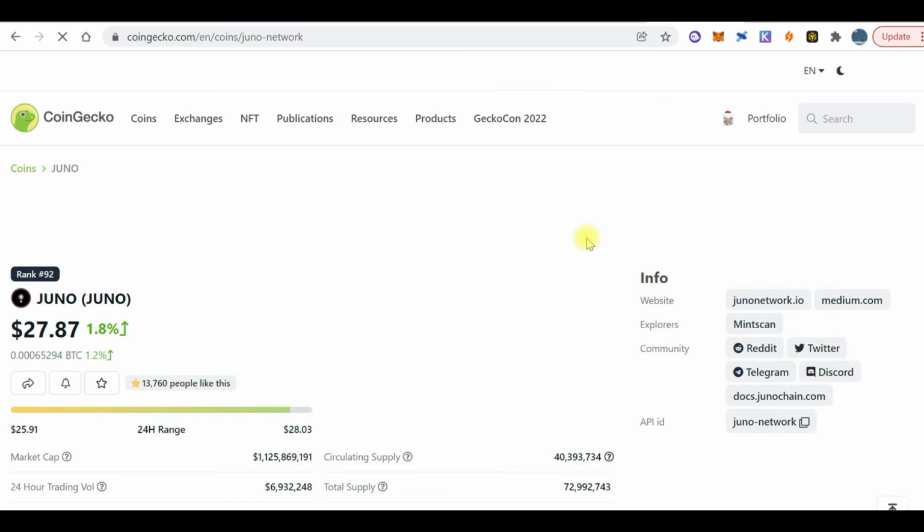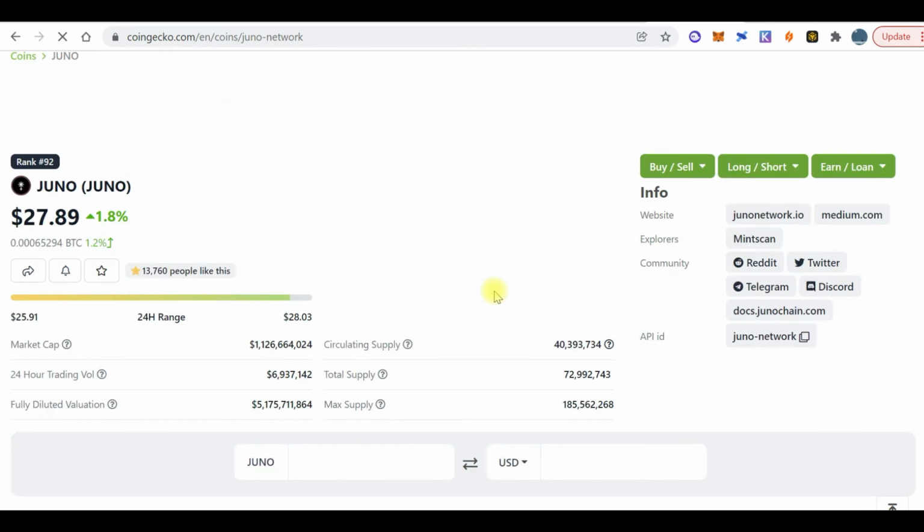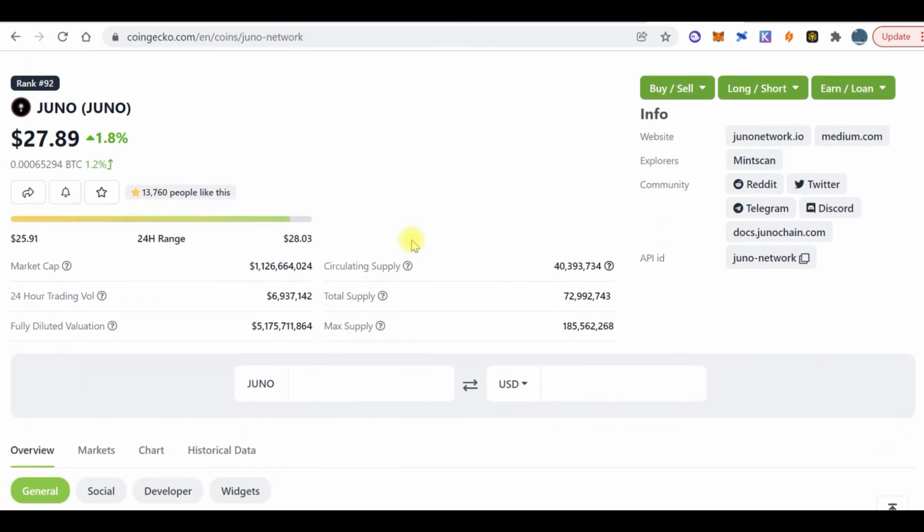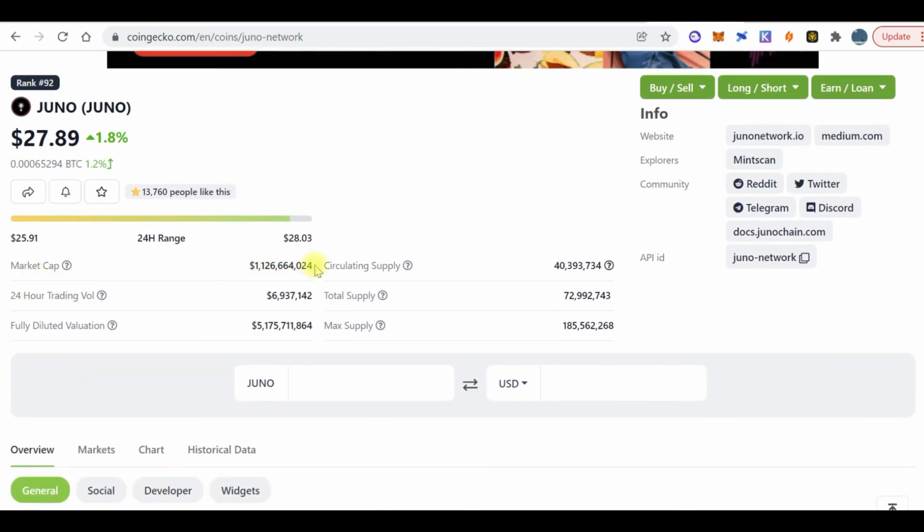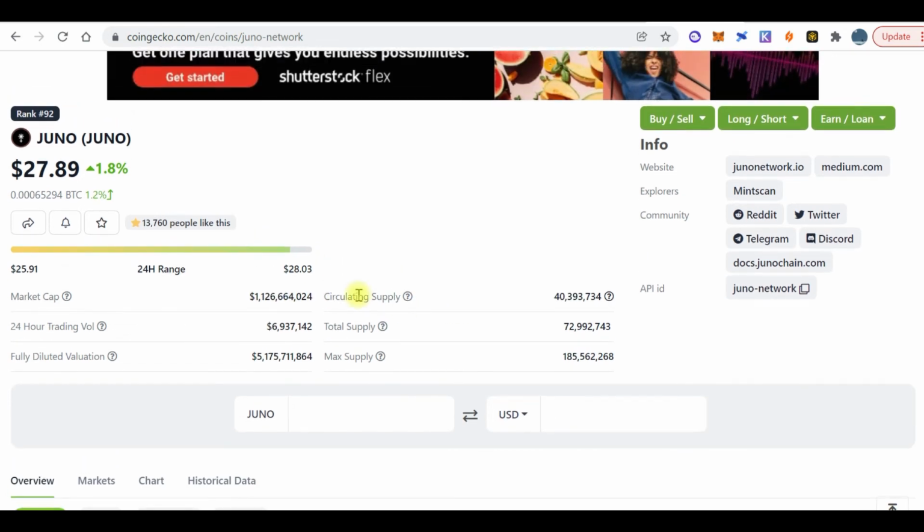You would find out that for me it is still relatively cheap, very cheap actually. We're looking at $27 for one Juno, and market cap is around 1.1 billion dollars, right? So with such supply and what Juno is actually trying to do, we can easily say that Juno can do maybe an easy 4x, right? Why would I say easy 4x?